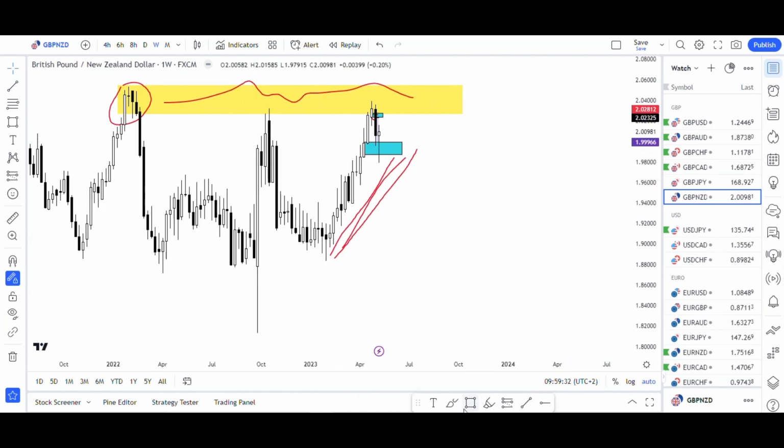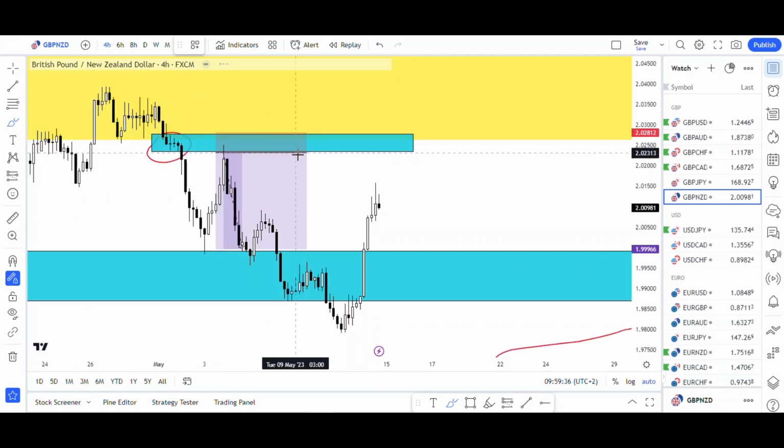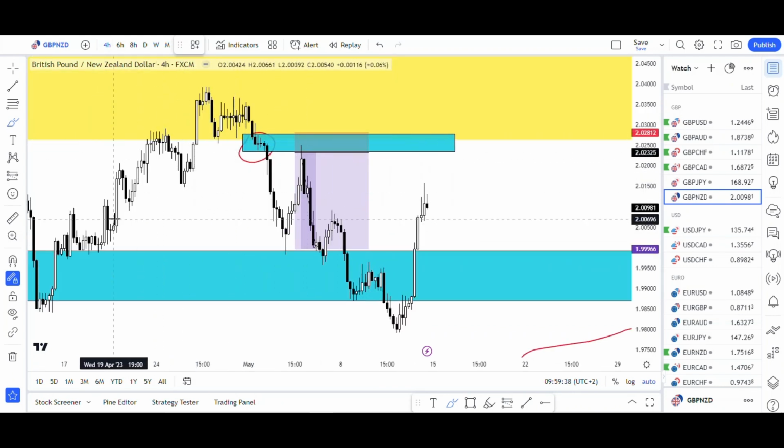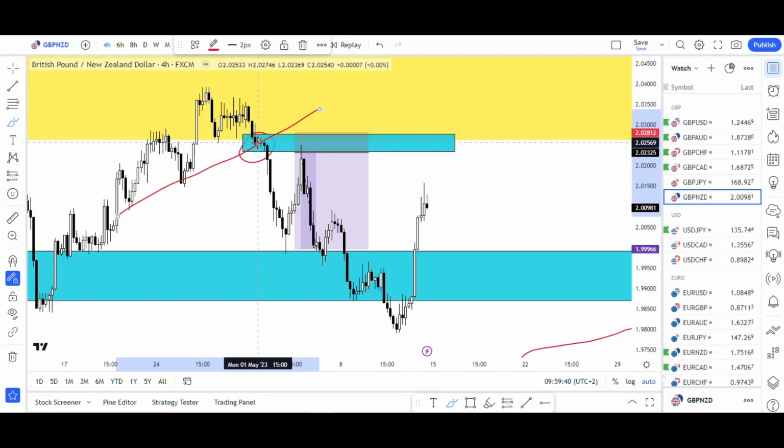We had a weekly supply area, and from the weekly supply area we went down to the 4-hour chart, and then we drew a trend line here, and this trend line was broken by a CP. That CP actually dropped, base, drop, that CP taken out